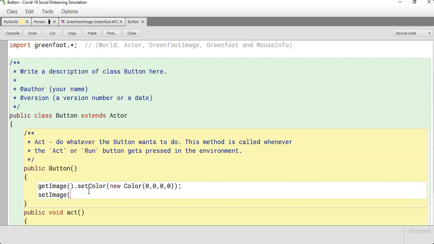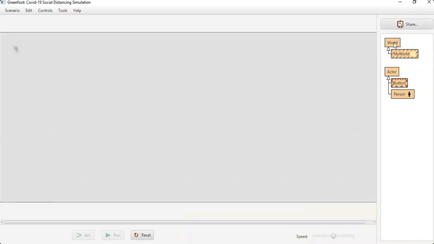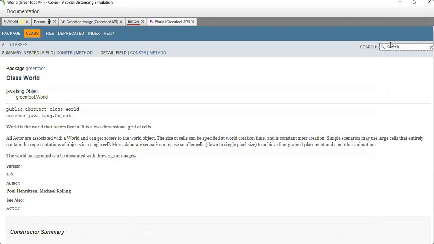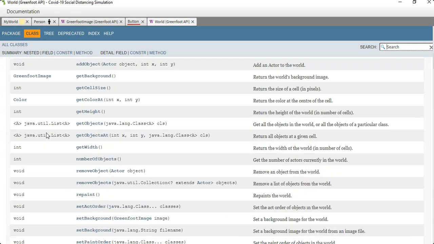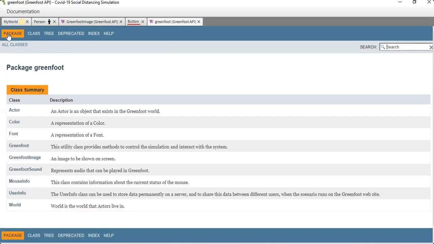set image equal to a new Greenfoot image that we're going to design entirely by ourselves, and I'll show you how. So inside of our API, once again, I'm going to show you how to get there. So you double click on your world superclass up here. It'll bring you to these packages. It'll bring you into the world superclass. I go to the packages. That's how I get to the API, and that's my way to do it. So